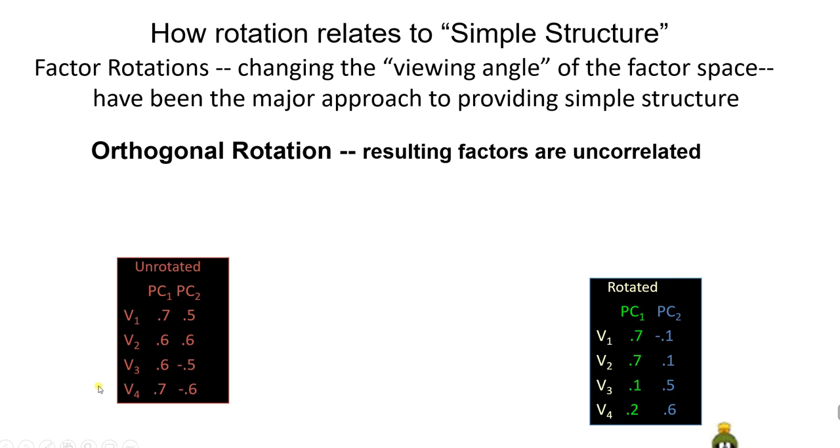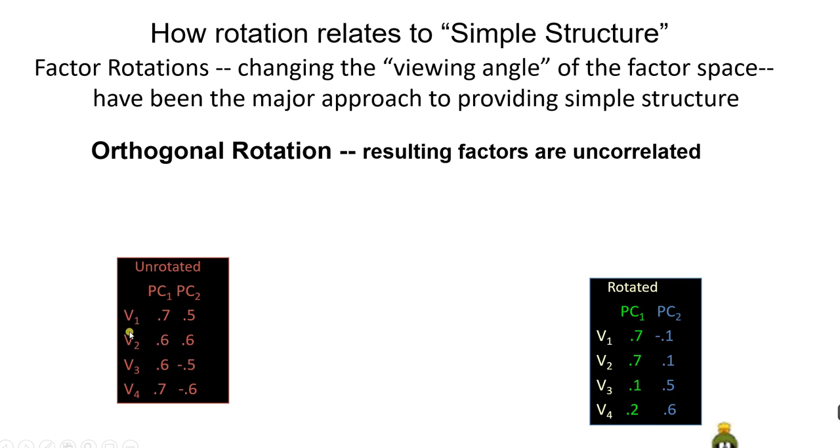Here I have shown two factor structures. This is unrotated and this factor structure has been obtained after rotation. You see here, if you are focusing only on the unrotated factors, most of the variables are having high loading on the first. As I said, the algorithm is such that the factor extraction tries to maximize the loading on the first factor. And then on the second factor, they are also having a high loading. So the cross-loading problem is also there.